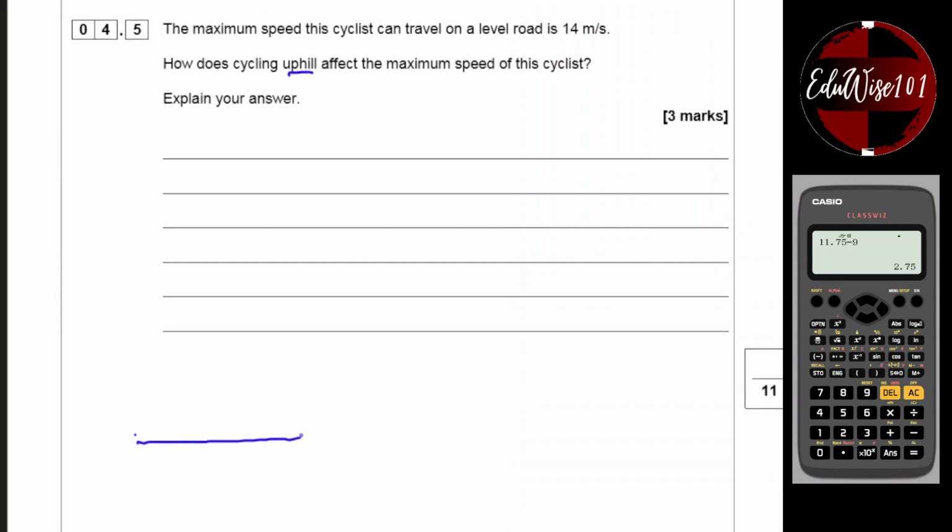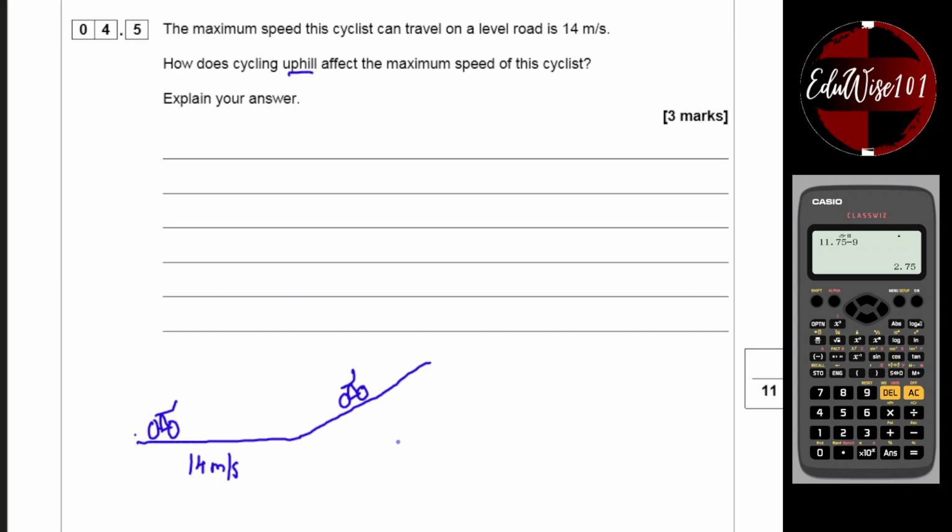So if that's the level road and the cyclist is actually moving uphill there. That's 14 meters per second. Now, if they are moving uphill,